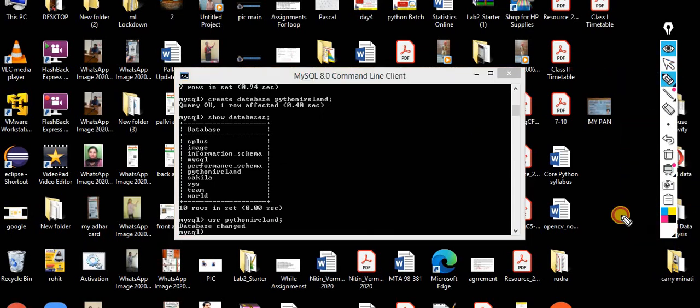Now the next step is what you want to create next. Inside this database I am supposed to make a table. Whenever the terminology table comes to mind, automatically the picture is rows and columns. Whenever you are supposed to create a table, the first thing is that you are supposed to tell what the columns in that table are. So I am making columns.